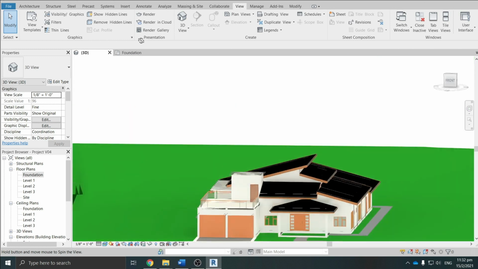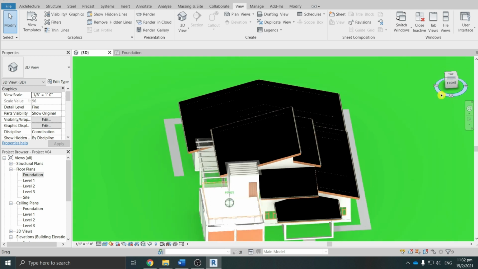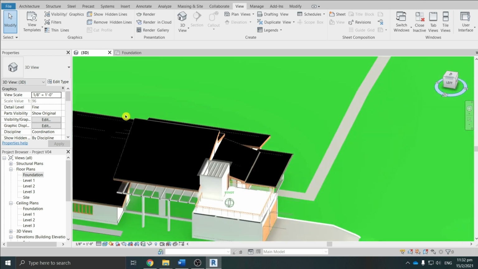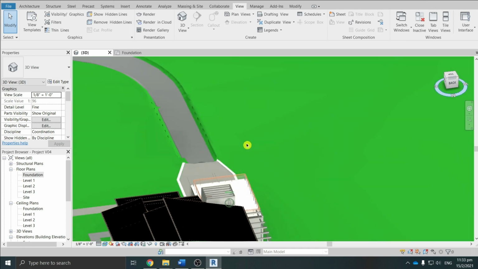You can do this same action using the view cube. View cube is the one on the top right corner of the drawing area. There is a circular panel and also a cube. If you move the mouse after clicking and holding on this circular panel, it allows you to orbit around the model. But you cannot go up and down. Just move in the same horizontal plane.